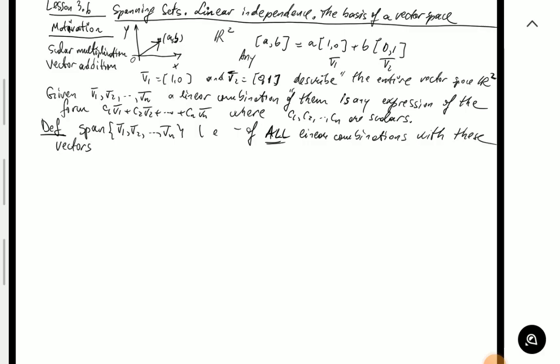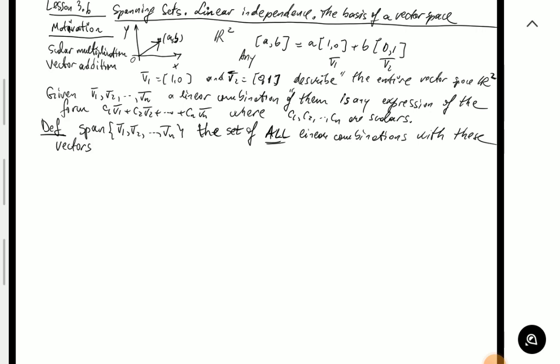So if I take all possible scalars, and I have some problems again with this app for some reason, hopefully it's not going to create problems again because I see some missing letters. So the set of all linear combinations with these vectors. This app actually captures a real pen on the paper. It's not a screen. So normally it works fine, but